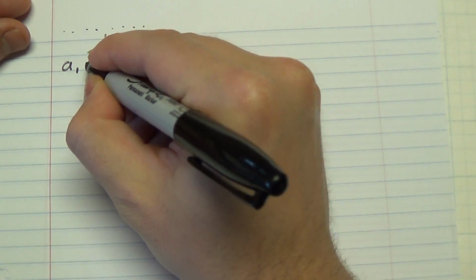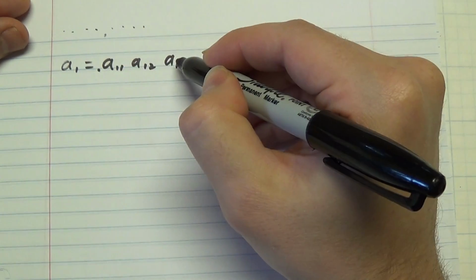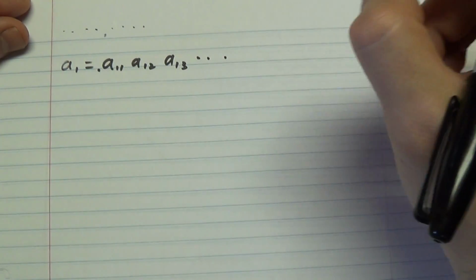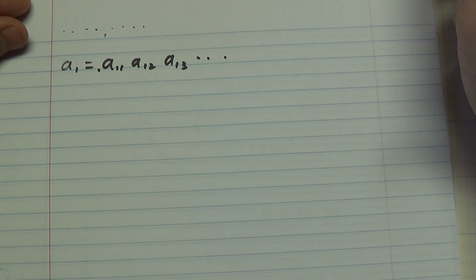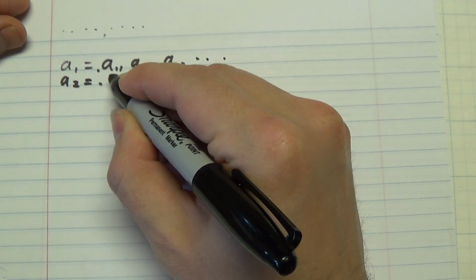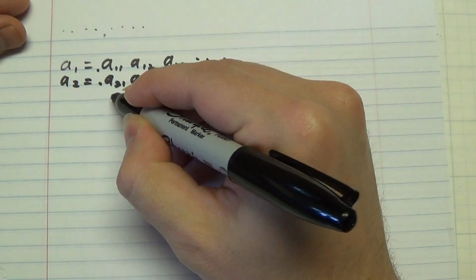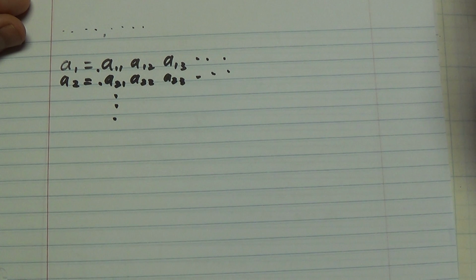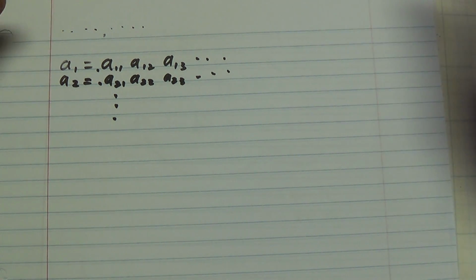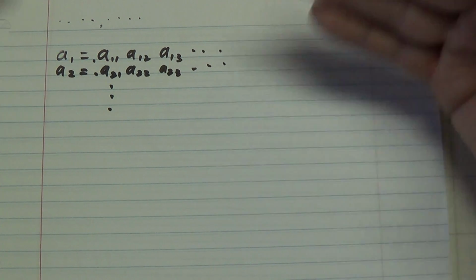The first one, I'm just going to call that A1, is point A11, A12, A13, and so on, where these are digits to the right-hand side of a decimal point. Any string of digits like this will create another magnitude. And the second one in the list, A2, point A21, A22, A23, and so on, and so on. So we have a complete list. We don't know which one is first, and so we're using A's instead of actual numbers. But once this list is constructed, and here it is,